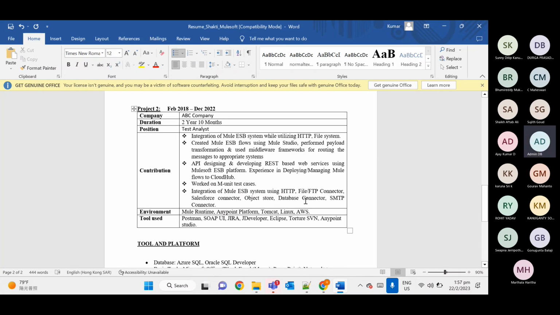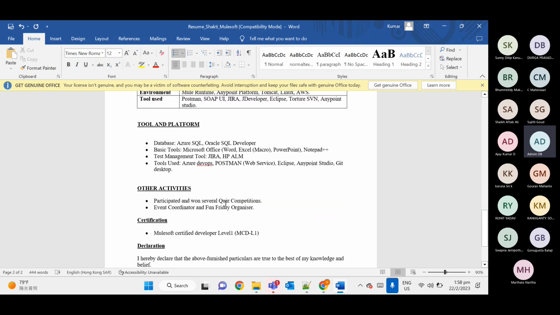Then other activity: if you are involved in any activity within or outside the organization which shows a positive attitude on your side, put it, like participating in a cricket event or organizing or hosting an event. Don't put the same thing for everyone.